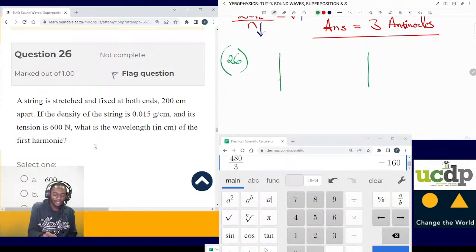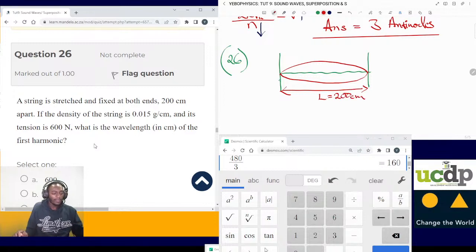If it's tied like that, and we are at the fundamental frequency, this is what we'll be having, and the length still remains 200 centimeters. So like I'm saying, there could be a longer way of solving that, and I think we would still get back to the same answer,